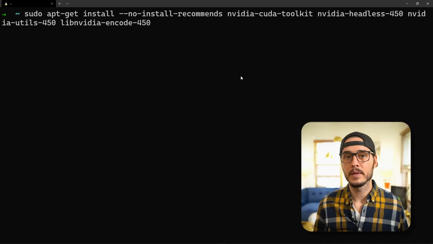So this command is for the latest NVIDIA drivers, which at this point is 450. But we'll want to be sure we don't install any recommended packages. So we'll need the NVIDIA CUDA toolkit, the NVIDIA headless driver for 450, the NVIDIA utils for 450, and then libnvidia-encode 450. Now this last one, the encode piece, took a while for me to figure out, but this is